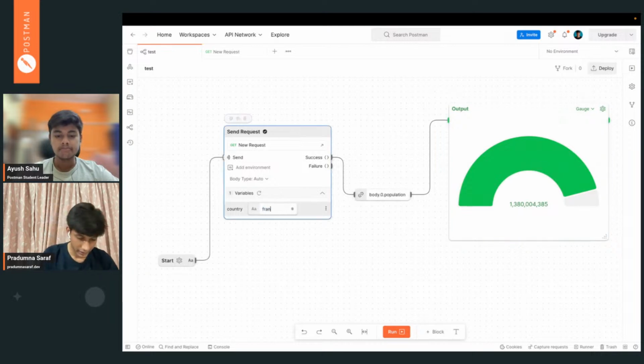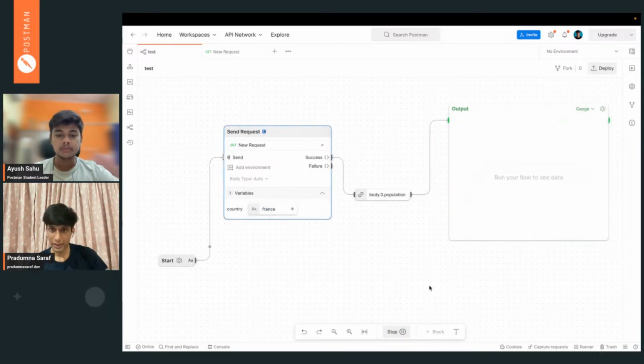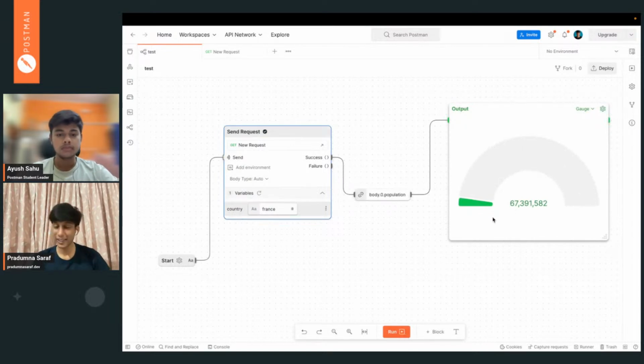But what about France? You can literally visualize the data, which data is coming, is it more, is it less. This is where data visualization comes into play, like even the title of the talk, visualize your data better. This is how we visualize your data better, like which data is high, which data is low.